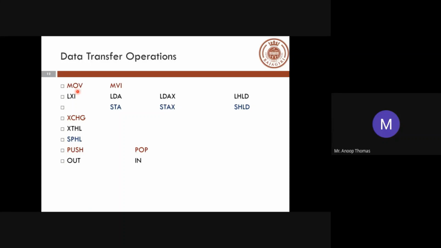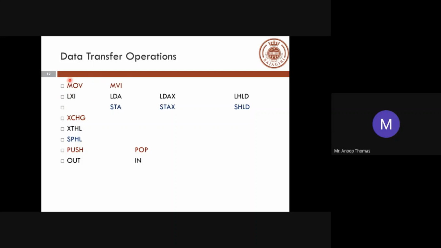Whenever you have something called MOV or MVI, where M and V come into picture, it is basically signifying a move operation. This is a data transfer operation from a source to a destination. There will be different kinds of moves. Move can be from a register, move can be from data, but MOV and MVI are examples of instructions associated with data movement. When you move something from a particular point to another, we use the move instruction.